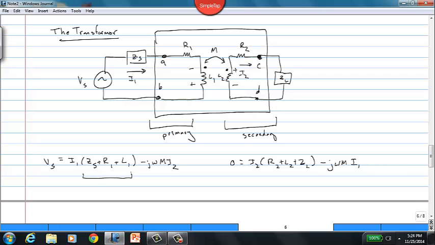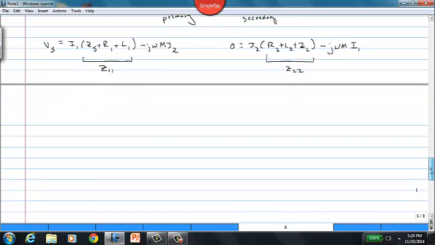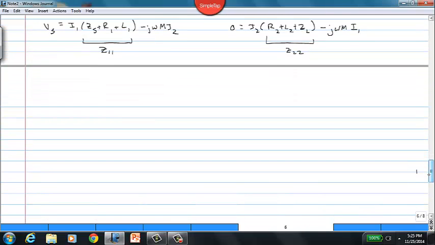Very often the term inside the parentheses here is just labeled as Z11, and very often the term in these parentheses right here is labeled Z22. Z11 is called the total self-impedance of the mesh containing the primary winding, and Z22 is called the total self-impedance of the mesh containing the secondary winding. So this is done mostly to be able to write